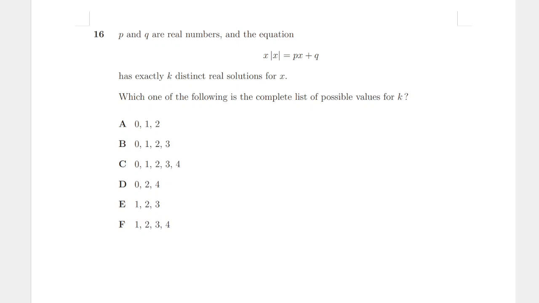Okay, question 60. P and Q are real numbers, and the equation x times the absolute value of x equals px plus q has exactly k distinct real solutions for x. Which one of the following is the complete list of possible values for k? Good. Okay, so, again, if you do enough TMUA or MAT questions, you know that if you want